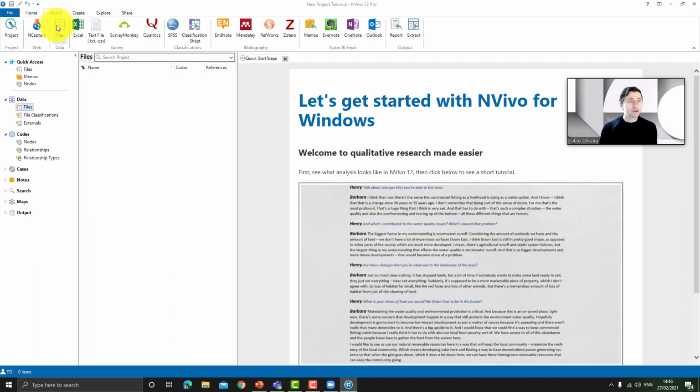In the import section, you can choose the source where you are going to get the data from. As you can see, you have several options. You can import an existing project. You can capture any other project on the web. You can import any source of data into the project: PDFs, audio, video, or images. You can import Excel files and text files.